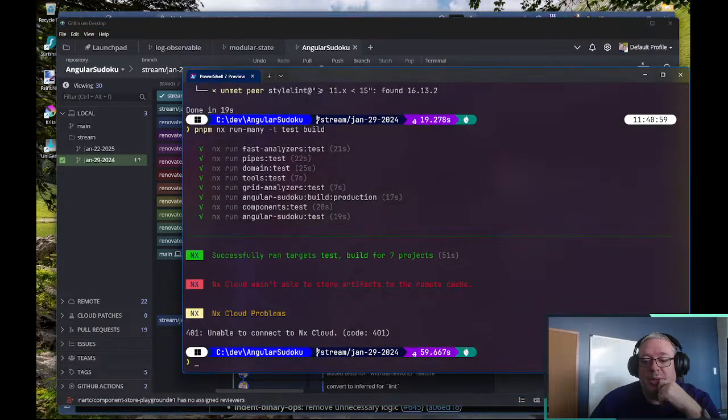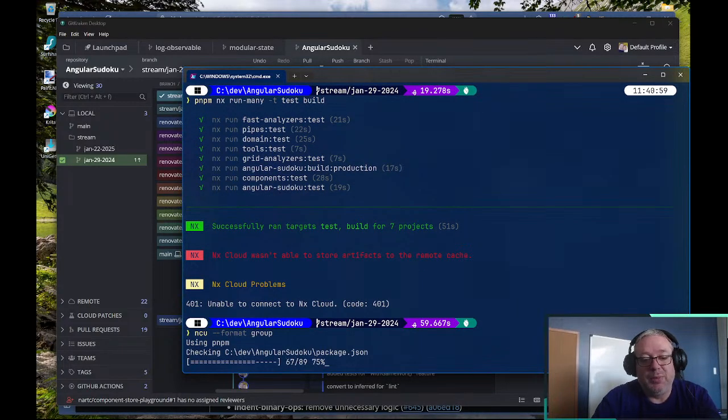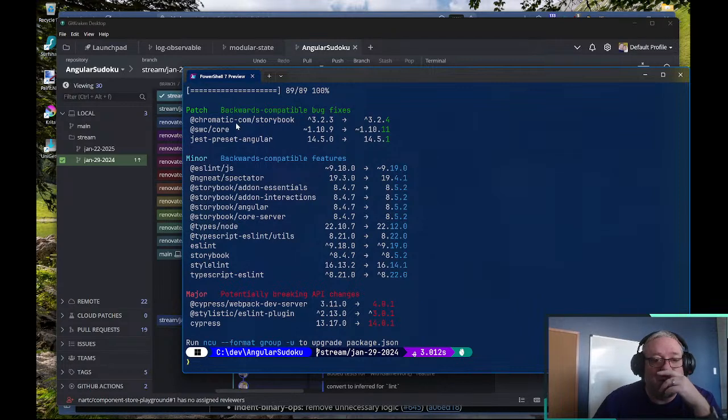The next thing to look at is what else is left to migrate, and see if we have to run any more migrations. These ones can all be done through NCU. We'll be fine with that. ESLint.js can be done. ngneat spectator we probably should run through; it is possible that this has an ng upgrade in it. Storybook we can do through NCU. Types we can do through that. TypeScript ESLint we can also do. So a lot of this stuff, the only one that we need to run the migrate command for is